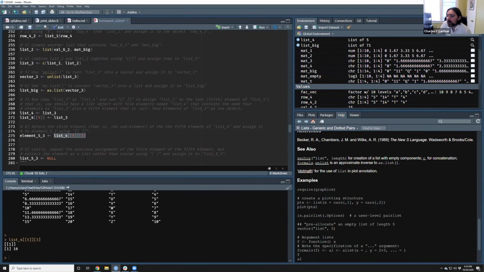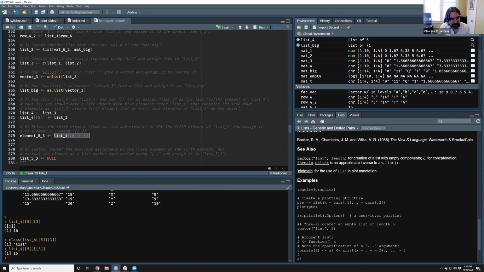So this one says here, go into list 4, go to the 5th element of list 4, and then go to the 3rd element of that 5th element of list 4. Now here I actually want us to be using double brackets, but I'll show the result of this. So this is an interesting thing. When I use the single brackets over here on 3, look at the result. I get the number 16, but you see how I have this double bracket 1 above it? This is actually saying that the output of this is a list. If I want the actual element itself, I need to use double brackets. If I instead go double bracket here, you'll notice I just get the number 16 out. I don't get this additional subsetting thing appearing.